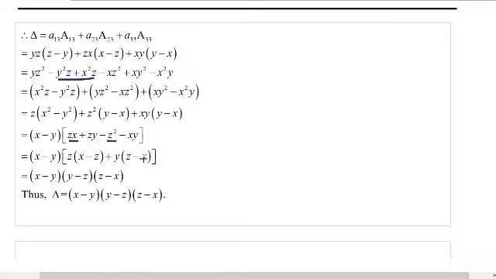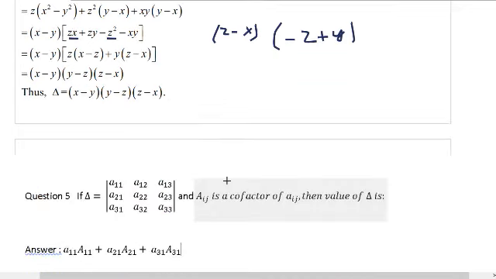Then I took z minus x common. So if I take z minus x common, here it will be only minus z, because initially there was x minus z. Okay, and I am taking z minus x common. And here I am left with plus y. So this is how you'll get your answer. Done. So z minus x is this, y minus z is this. Already x minus y was outside.